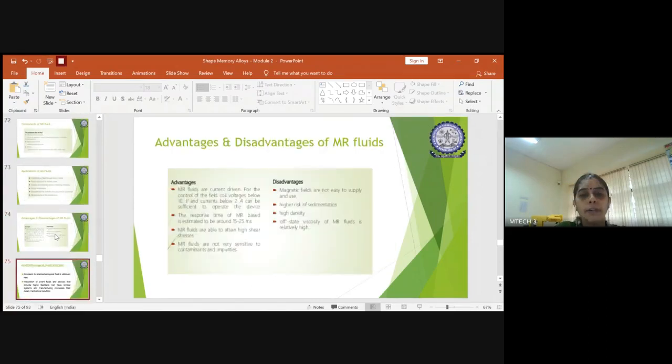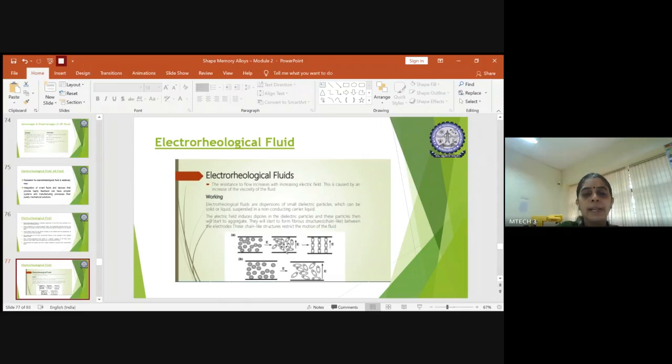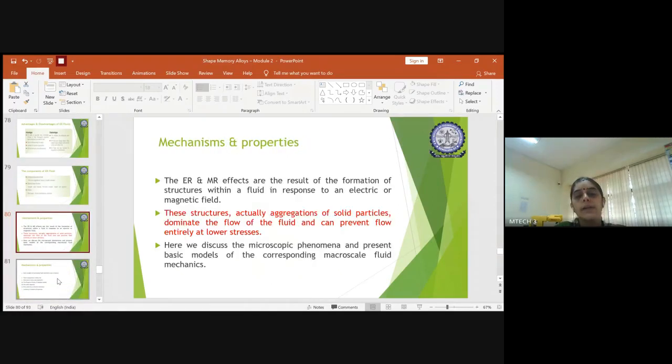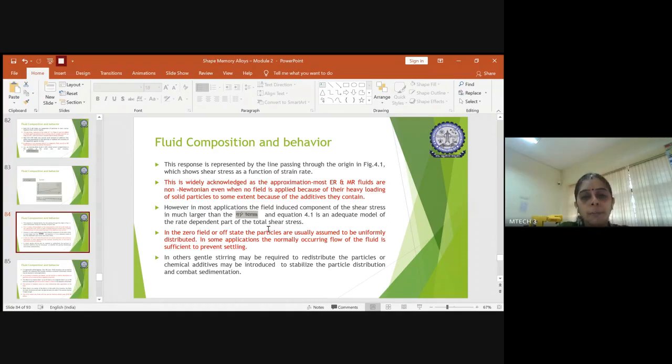Similarly, when we go for ER fluid, here only I will explain. In ER fluid, again the particles will be random. When it is subjected to an electrical field, polarization takes place. The negative and the positive charges get attracted, and this makes the structure. So here the structure is aligned due to positive and negative charges, whereas in case of MR fluid, the structure is aligned due to the north pole and the south pole. Only that difference you should understand. So that is what is being told over here.